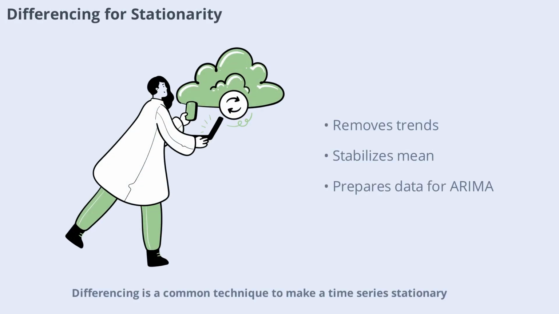Differencing is a common technique to make a time series stationary. It involves subtracting the previous observation from the current one. This process removes trends and stabilizes the mean of the series. Sometimes more than one round of differencing is needed, especially if the data has strong trends or seasonal effects. By applying differencing, you prepare your data for ARIMA modeling, ensuring that the underlying assumptions are met and the forecasts